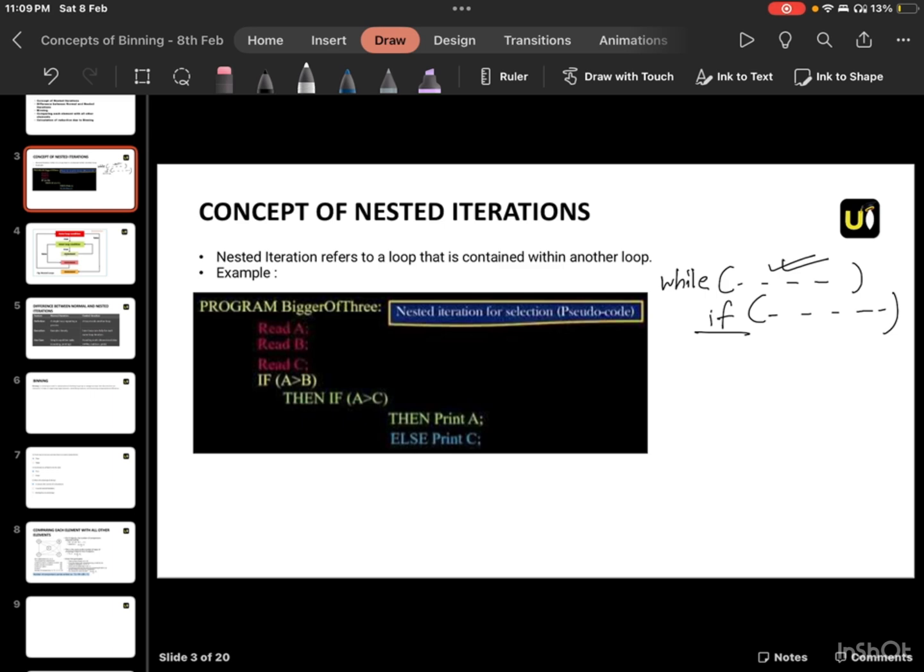So we have an example here. You have to find the bigger of 3. It's not exactly like our pseudocode, but it's somewhat similar to Python. You'll understand it. There's a command saying read A, read B and read C, and then they're checking if A is bigger than B, and if this condition is true, then we check if A is bigger than C, and if both these conditions are true, then we print A. But if this condition is false,